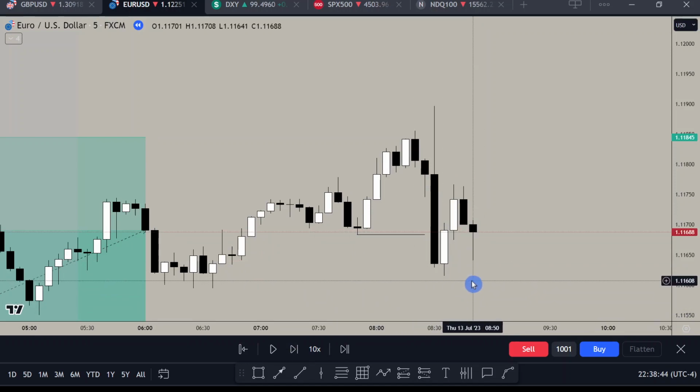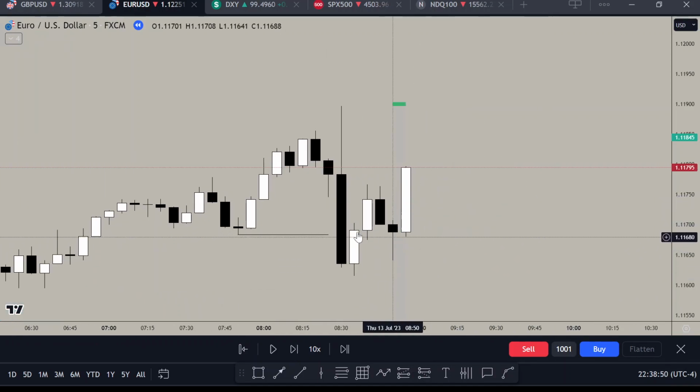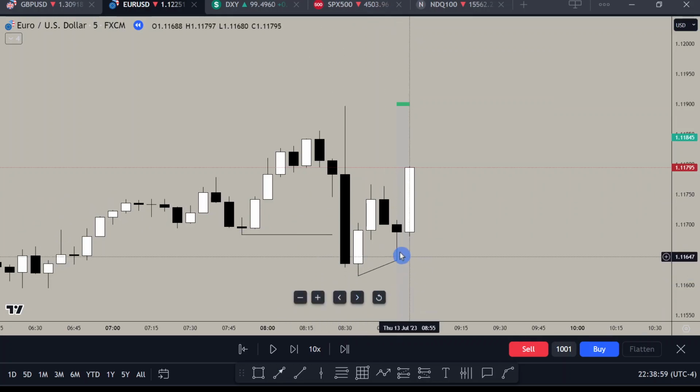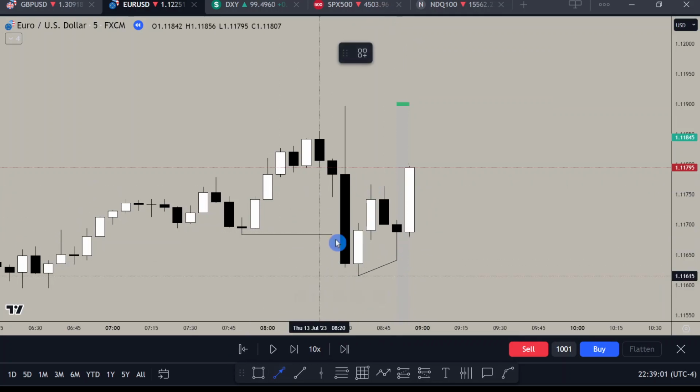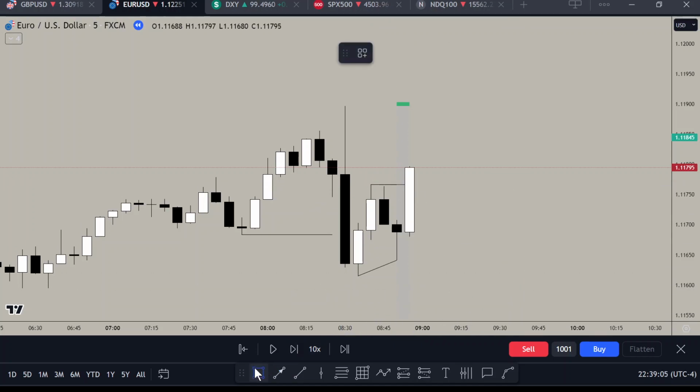So now it's 8:50. We are looking for a market structure shift. So there you go. Liquidity has been taken, failure swing down here. You can see that there is this failure swing. After the liquidity grab, failure swing, market structure shift. Okay, so we have this down